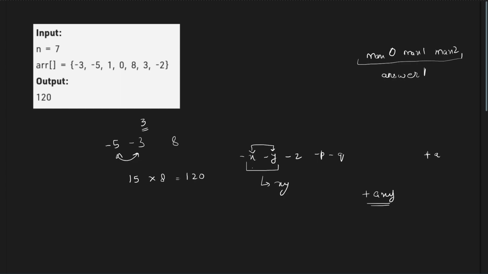Now the question is, how do we decide which exact values we should take, right? Which two values from the negative values should we take? It's obvious, we would want to take the values which have the maximum absolute value. For the negative numbers, to find the maximum absolute value, we need to check the minimum two numbers. So let's say these are minimum 0 and minimum 1, right? So we are taking the minimum two numbers, we can multiply them, and then we can take the maximum number from the positive side to multiply. So this would be our second answer,